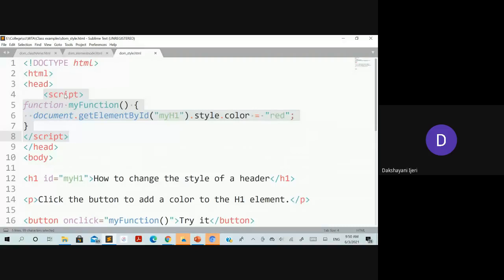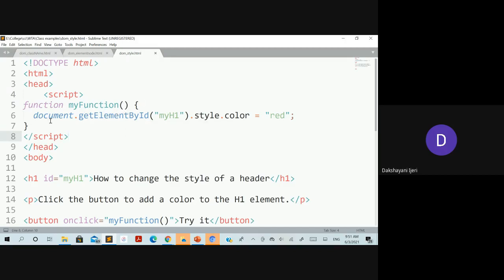So that means we have just included the JavaScript in the head section within the same HTML page here, right? What we have done as part of the JavaScript part, we have defined one function here. In the last class itself, I discussed how you can write your own user defined function. Begin with the keyword function, followed by any name, and if it is not accepting any parameter, simply use empty parentheses.